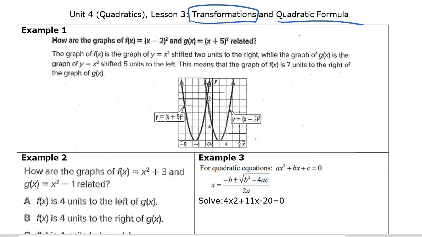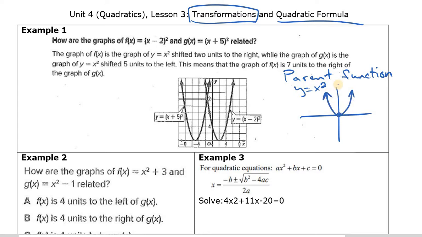First of all, for review, we know what the parent function is. And since I'm writing in my workbook, you should be writing in yours. Parent function, we're active learners, is y equals x squared. That's just the basic normal parent function out of which all of the variations flow. It crosses through the origin and it's in the shape of a parabola. That's the parent function. So on example 1, we are given f of x, which is (x minus 2) squared,